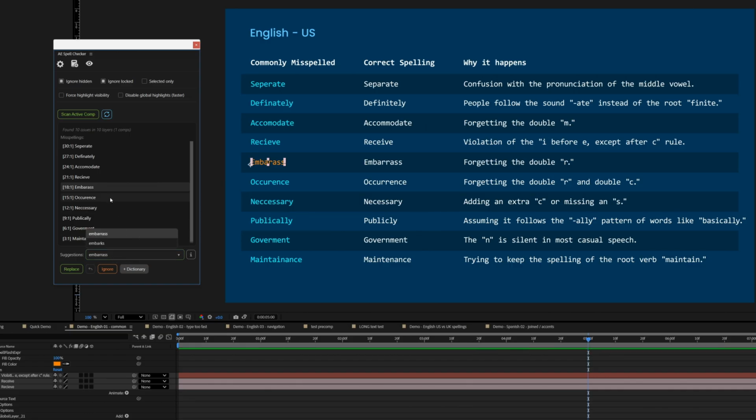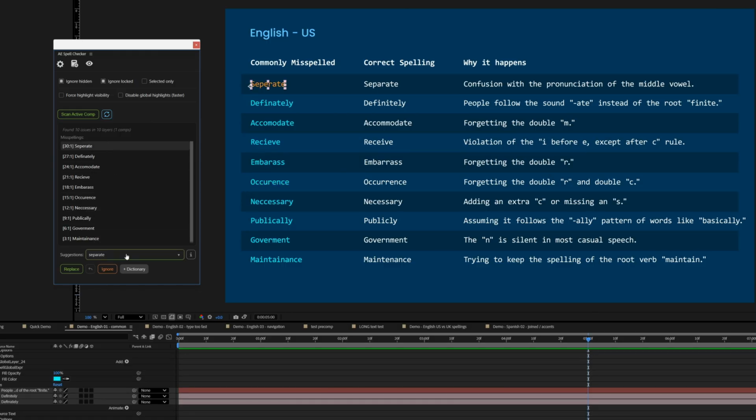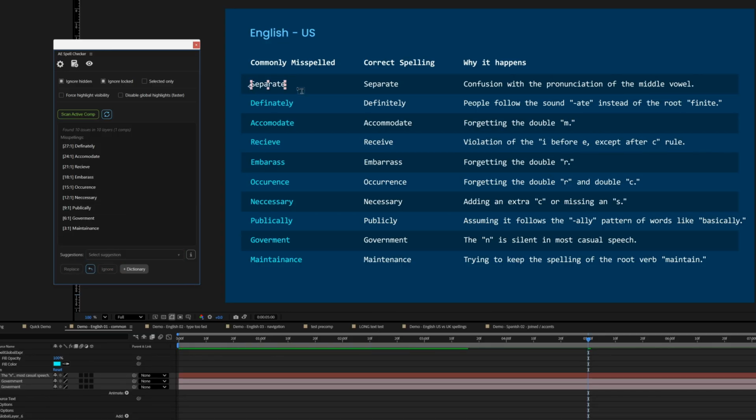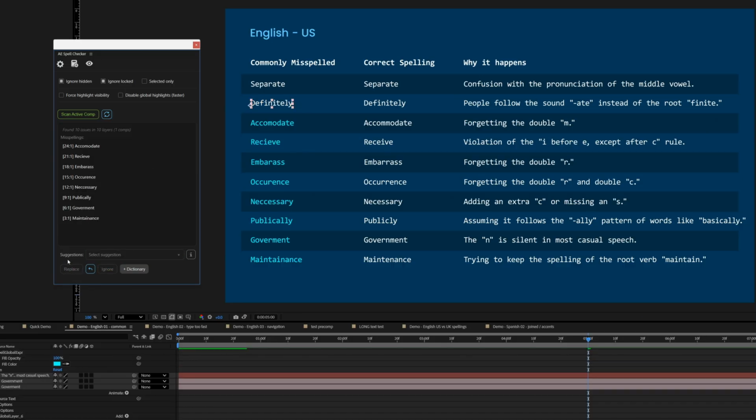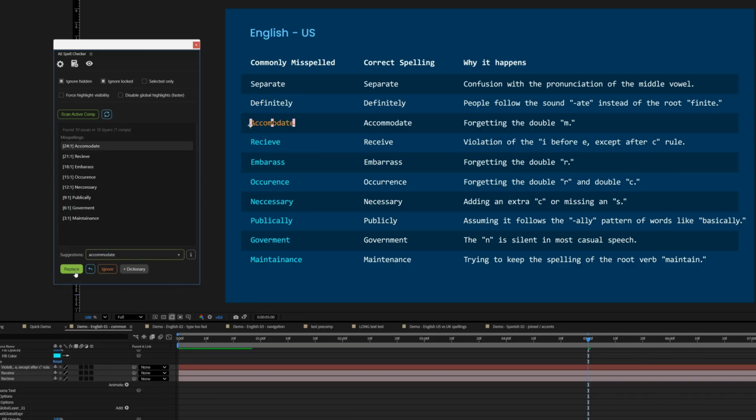Make sure to take a look at these because although the first word is typically right, it's not always right for your specific scenario. If the box ever says no suggestions, it just means the suggestion engine couldn't find a close enough match, but the word is still being flagged for not being in the current dictionary. The suggestions are always shown in lowercase, but when you hit replace, it will keep the casing. And as long as your text layer is a single style, single font text layer, hit replace and it will swap out the word. Then you can keep going through your list, fixing all the words in your project.